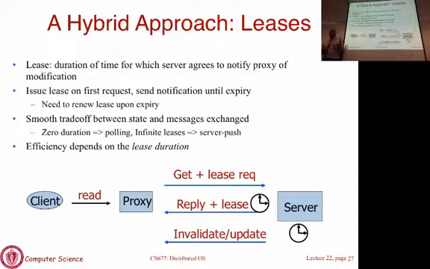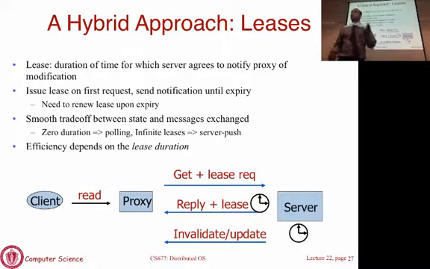So you can say, give me a 1 hour lease. A 1 hour lease says the server is locked in only for that hour to send invalidates or updates. Once the lease expires, the server can throw away the proxy state. So this gets away from the disadvantage of a pure server push approach where you're locked in for long periods of time. You don't know when to stop sending updates or invalidates to the client. Here you only have to do that for the lease duration.